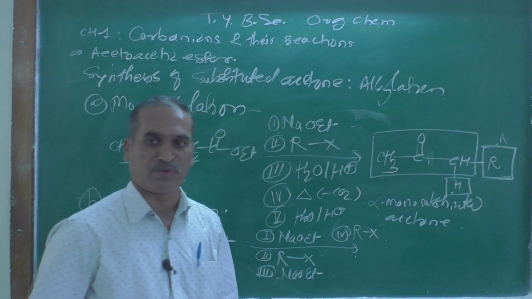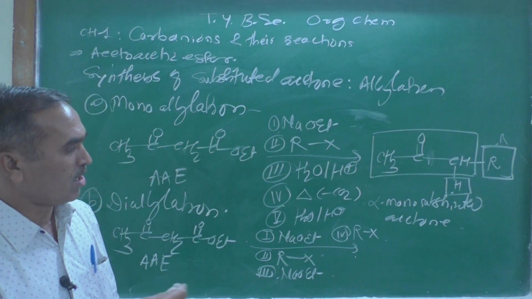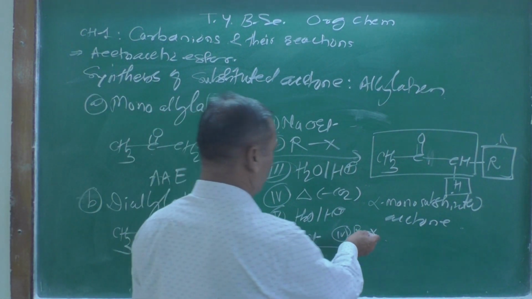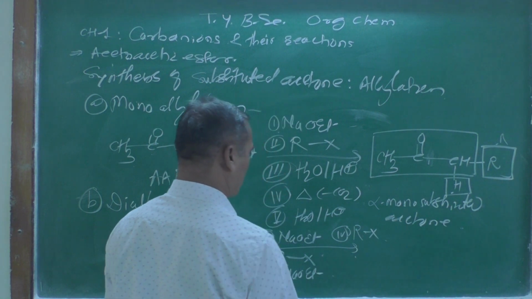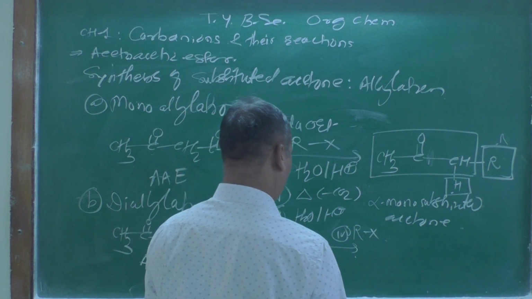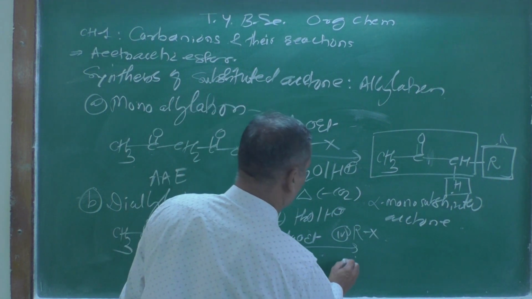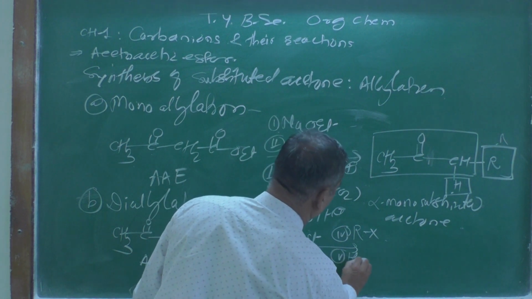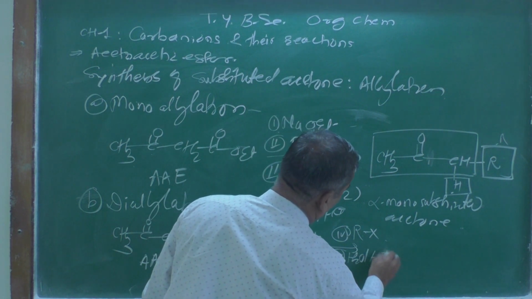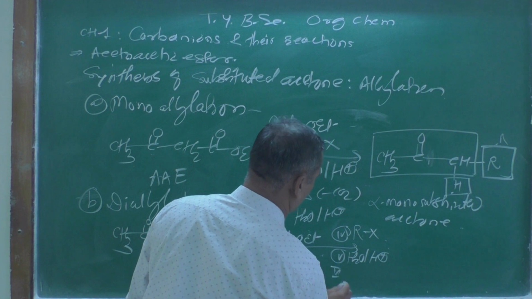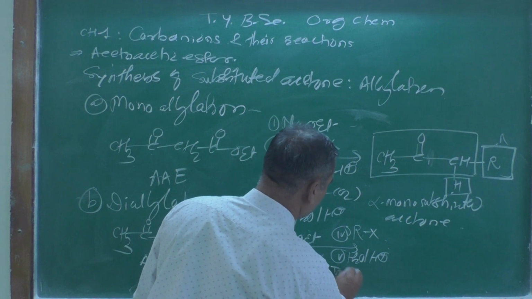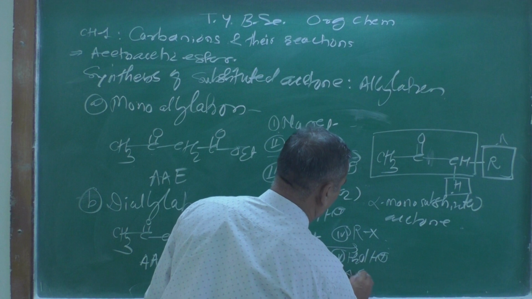R may be a different one, you can take aromatic or an aryl group over there, but specifically you can take an alkyl halide over there. Then fifth one, there is hydrolysis, H2O in presence of H plus, and sixth one you can use heat, decarboxylation, minus